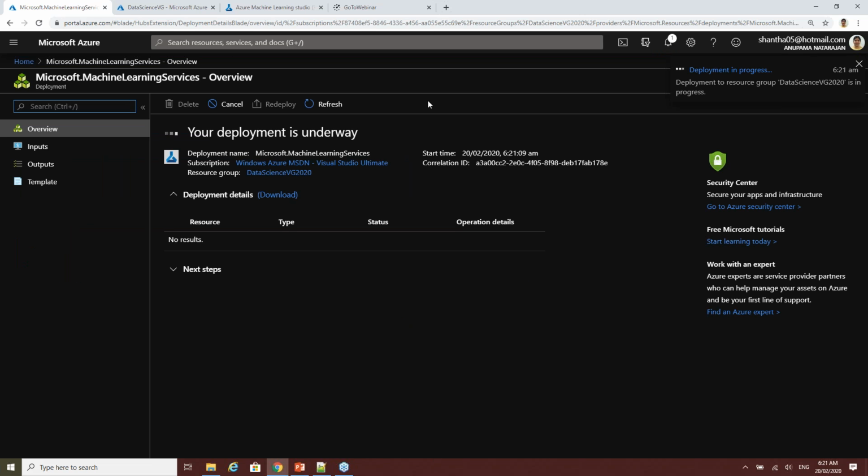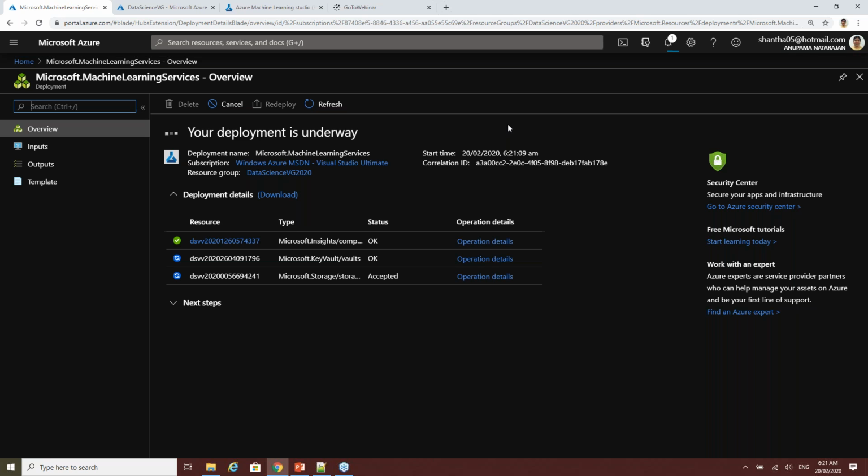Great. The deployment is happening, as we can see. In the meantime, I have got a sample data set, which is a CSV file that has some banking information data. I'm going to use that data to predict some of the outcomes, saying whether this person is going to use a fixed deposit or not, based on the amount of transactions and things that they have been doing with the bank.